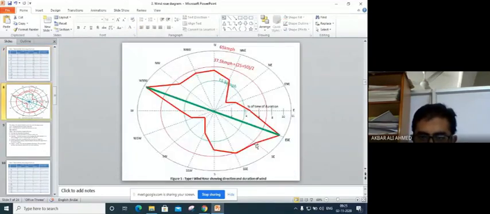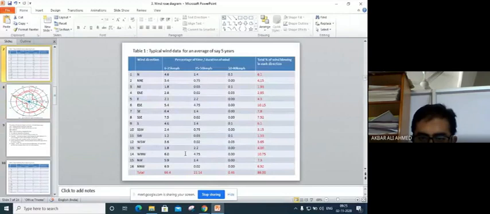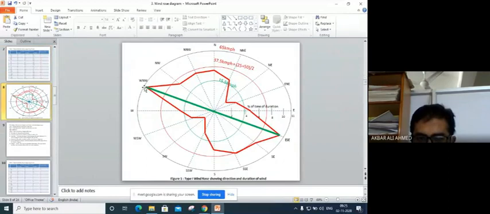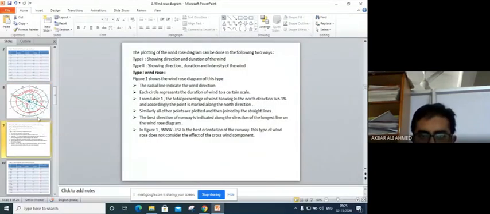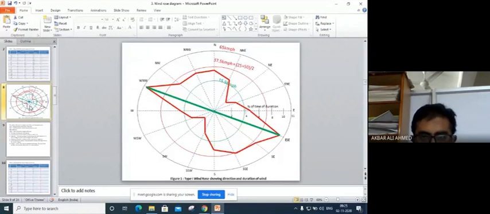In this table you can see it is 10.75. Yes. What is written here? West northwest. So this is west northwest, and west northwest will connect to east southeast. So obviously this is the highest value of your wind direction. And we know that we will choose the runway having the highest value. So from this diagram, we see that the runway should be oriented along this direction, west northwest to east southeast.